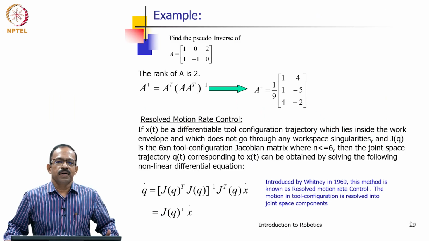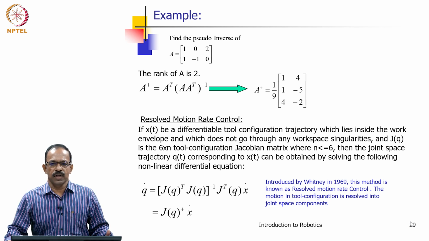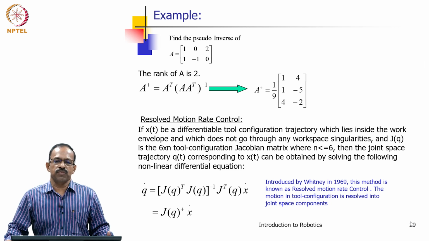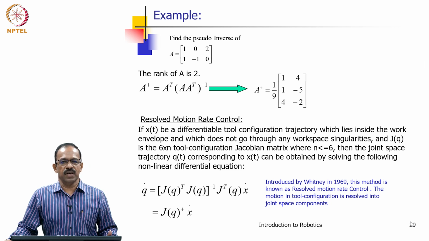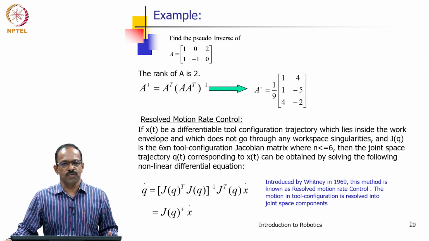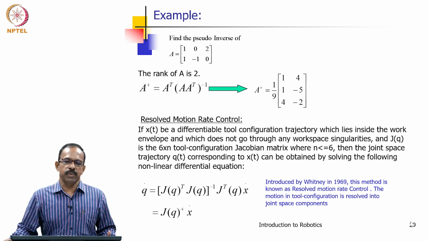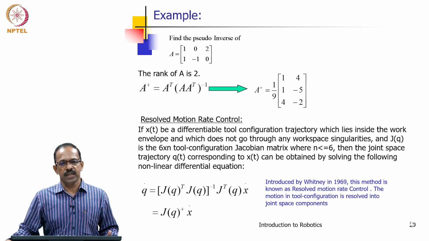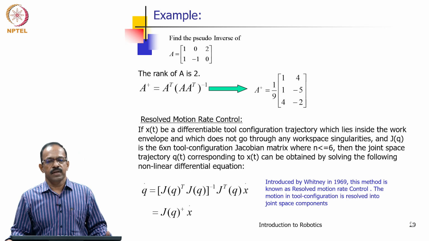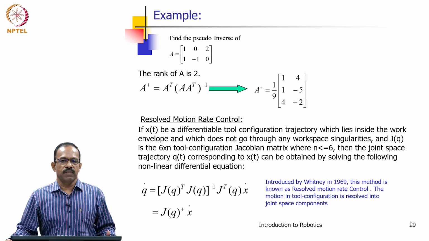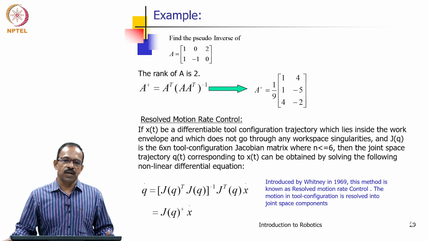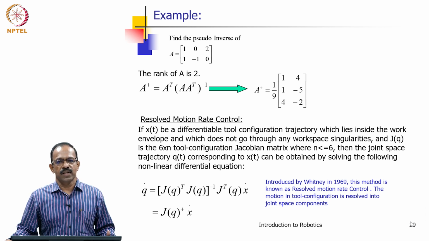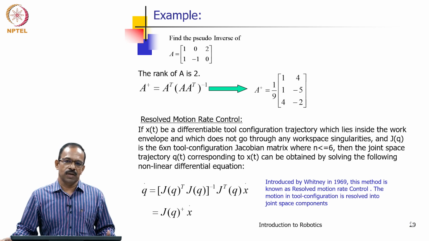Okay, welcome back. In the last class we discussed the manipulator Jacobian, how the Jacobian can be calculated, as well as some of the issues associated with its use, like the singularity issues as well as the inverse of the Jacobian. We found that singularity can be identified by looking at the dexterity, which can be calculated using the Jacobian, and when the matrix is non-singular, we can use a pseudo inverse to get the inverse and then solve the inverse problem and get the velocities.